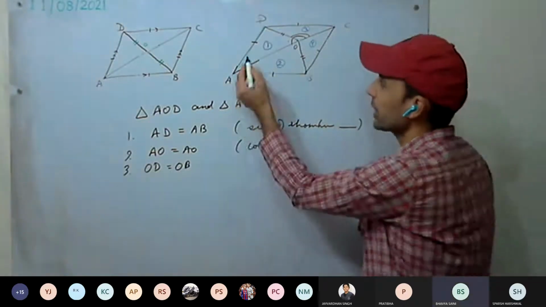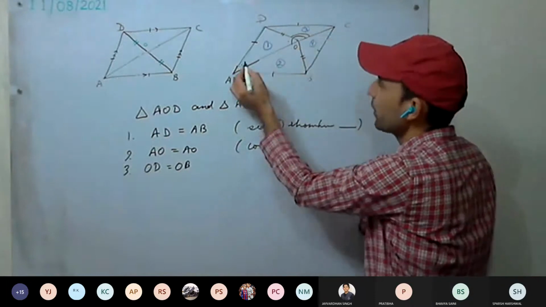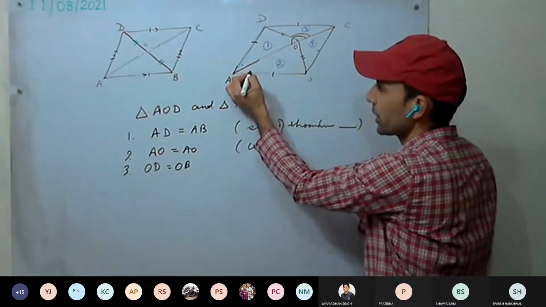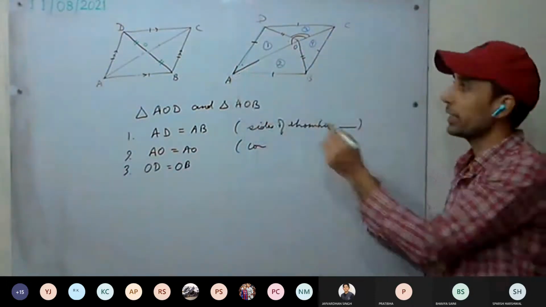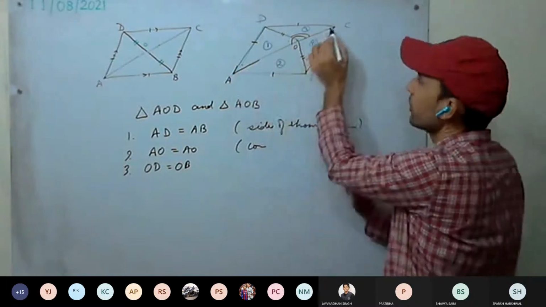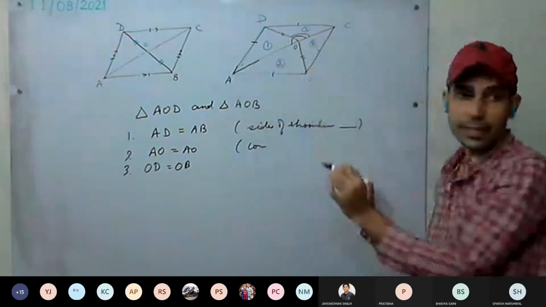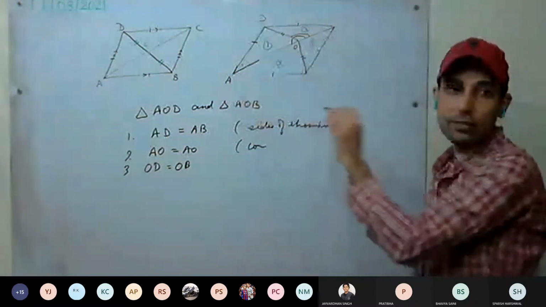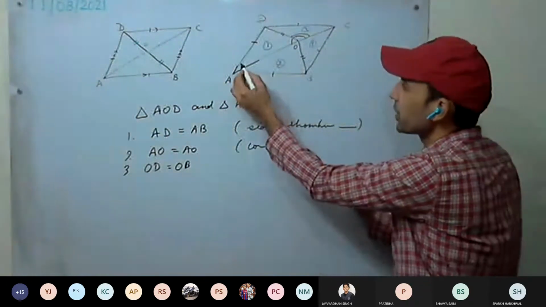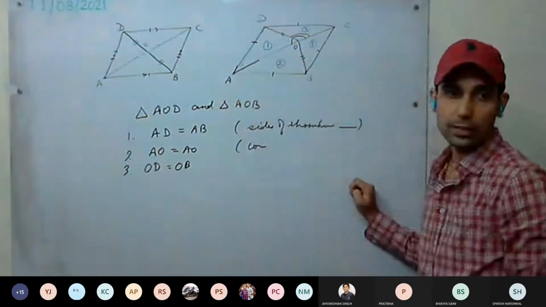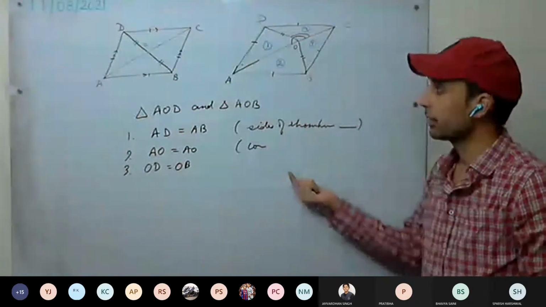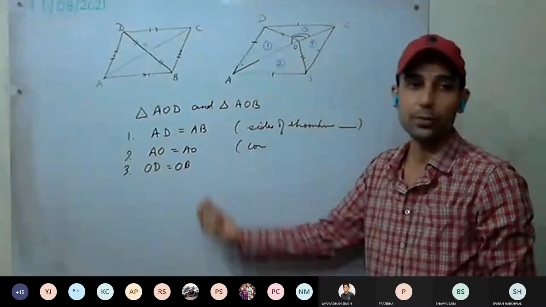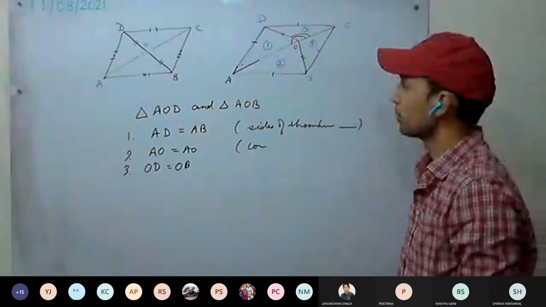For example, you may think that in a rhombus the diagonal bisects, and we could have taken these two angles. But we haven't proved AOC is a straight line, that is, that AOC is a diagonal. Therefore, we cannot take these two angles as equal. This is clear? So, by which theorem have we proved them to be congruent?